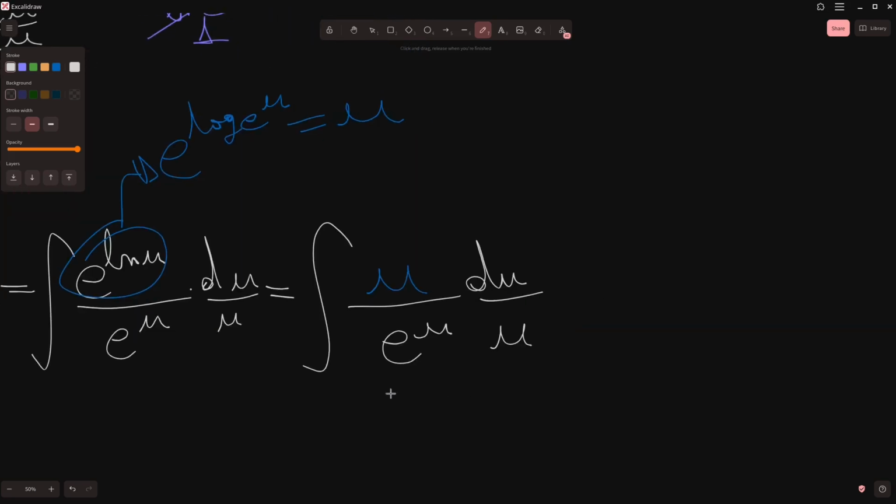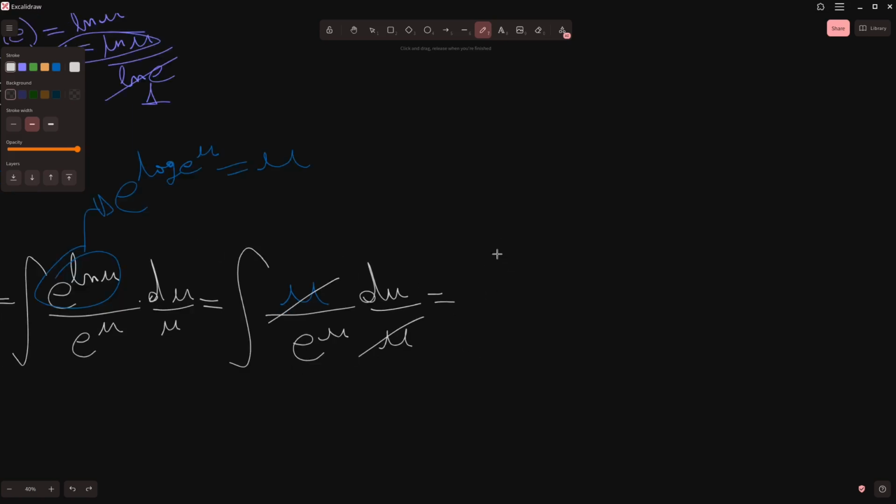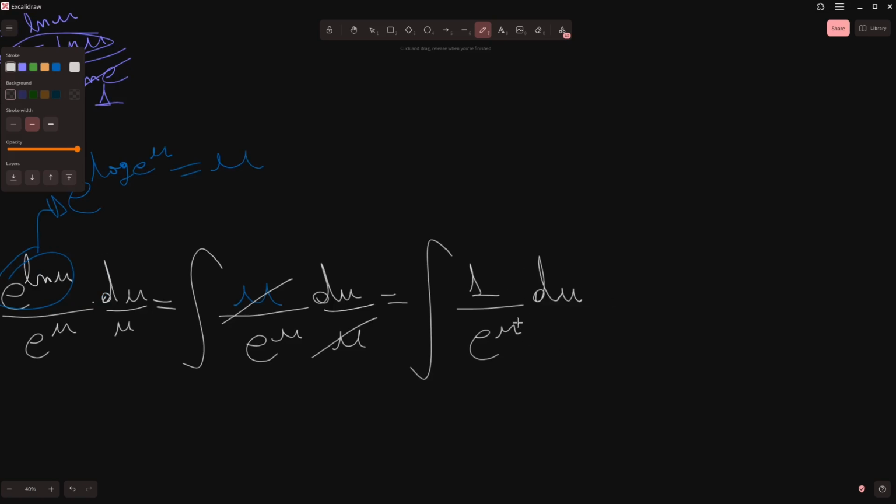We can cancel out these terms, so the integral of 1 over e to the u, and here we can move this term upside, so I'm going to do it. e to the minus u,